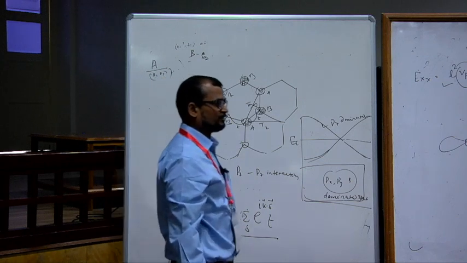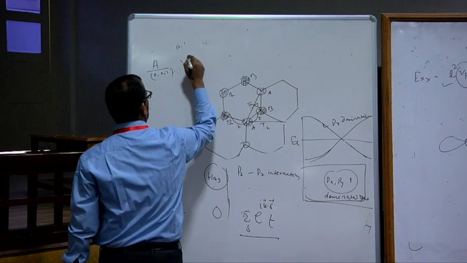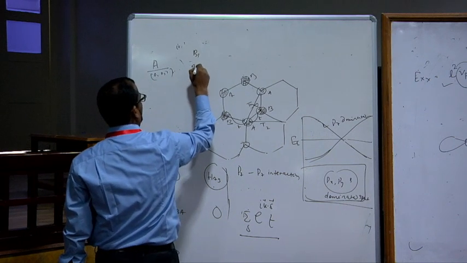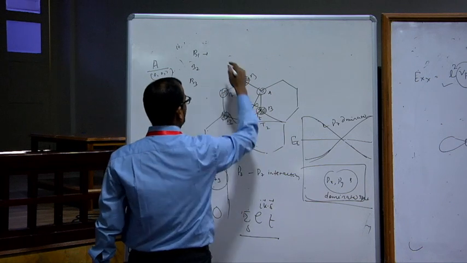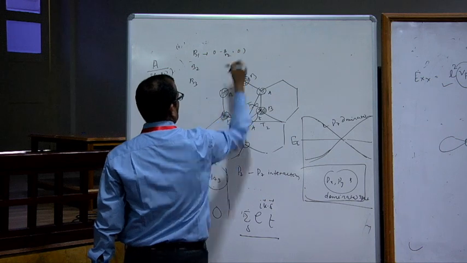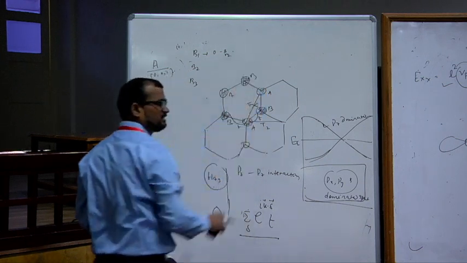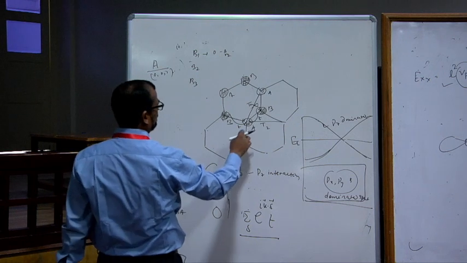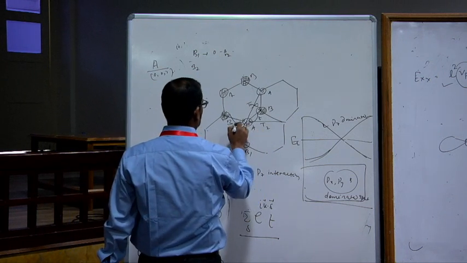A is the lattice parameter, right? So first, there are three B atoms. One stays at, let's say this one, so it is 0, minus a by root 2, 0. Of course, this is immaterial, it's a 2D lattice. Okay, then let's say this is my B1, this is B2, this is